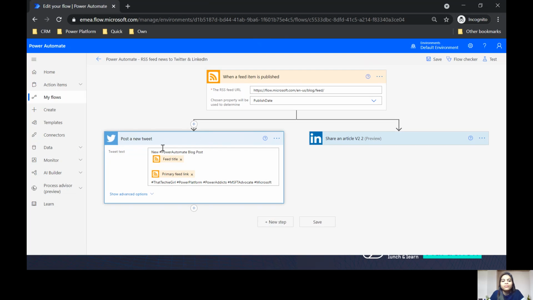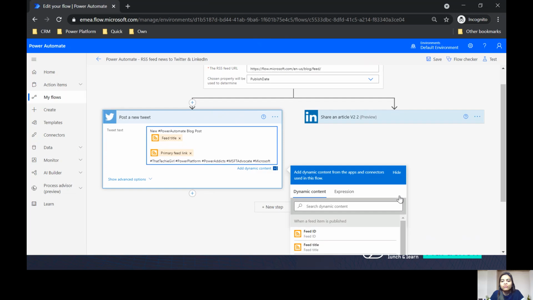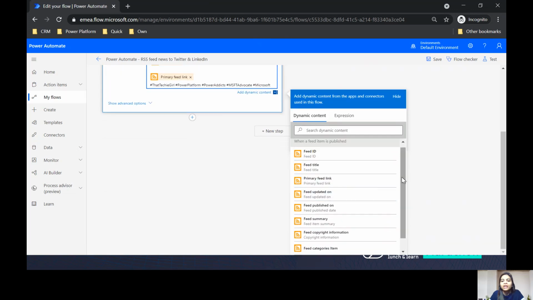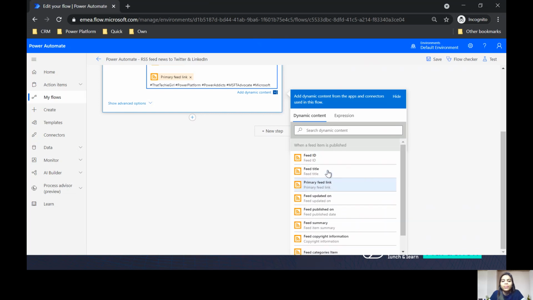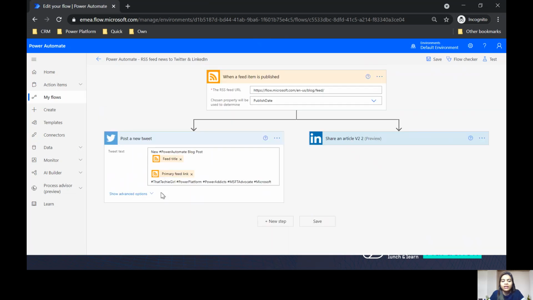So the tweet text is something I've created. You can type it freely. And then the feed title and primary feed link are coming from the RSS. So if I scroll below, there are multiple dynamic values that I'm getting. I make use of the primary feed link, that is the URL of the blog, and the feed title, the title of the blog that has been given. And then I added all my hashtags at the end.